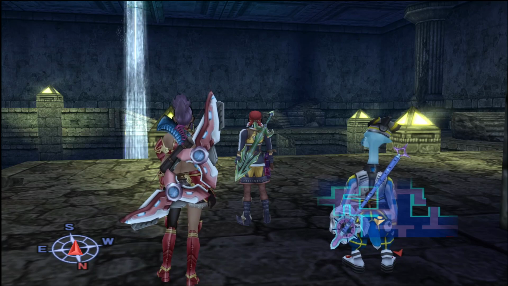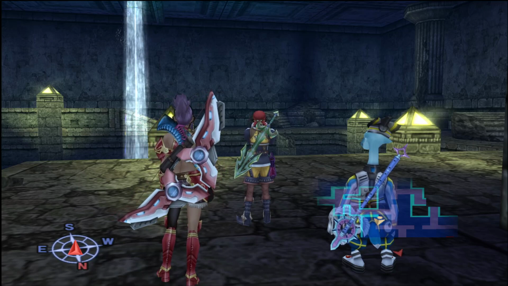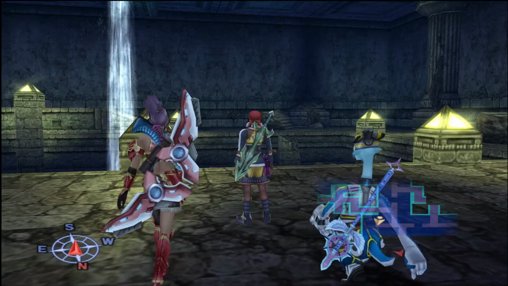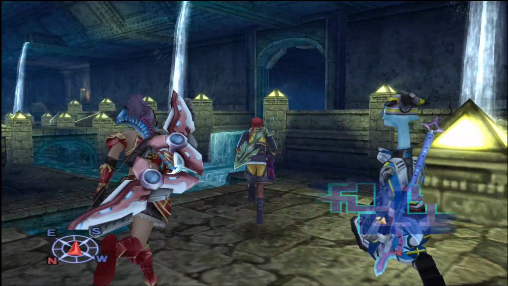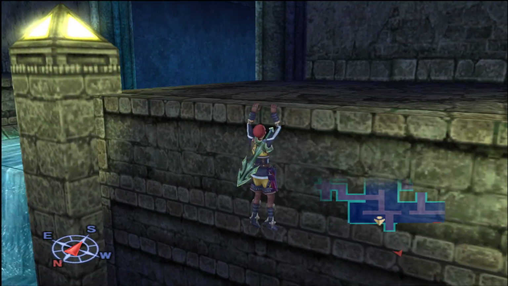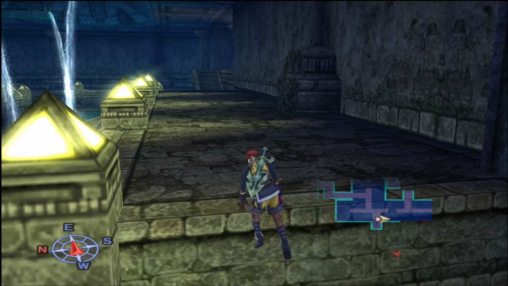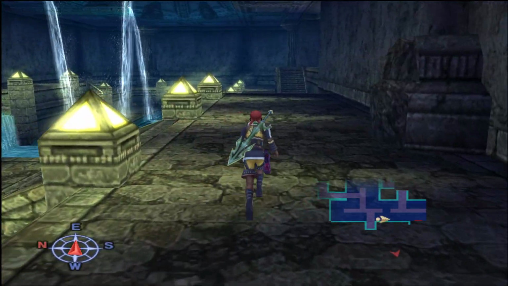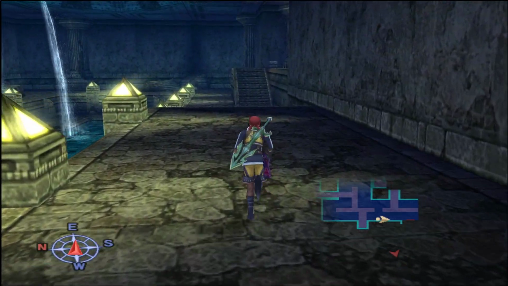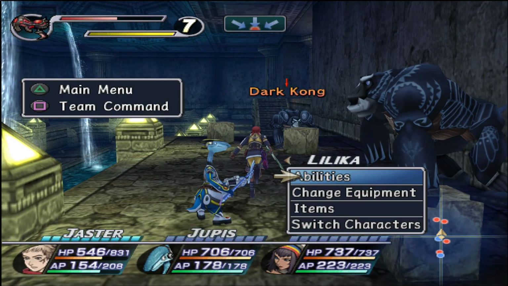Let's go back to my map so I can see where I'm going. That's the wrong map. That's the right map. Alright, looks like we've gotten all the treasure out of here. So let's head this way. And just over here, we will find a save point. But first,